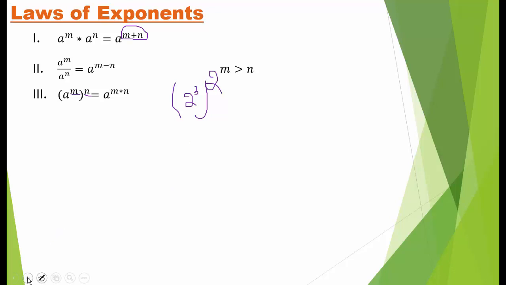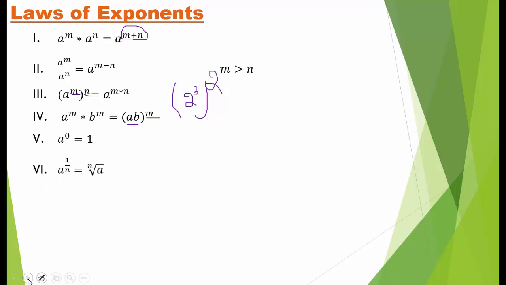Now the fourth law says that if the base is different and power is the same and the numbers are in multiplication, then their bases will be multiplied. Here power is same, that is m, and bases are different, a and b, then the bases will get multiplied, that is a into b, ab raised to power m. And the fifth law said that if power is 0 of any number, then it always equals 1.